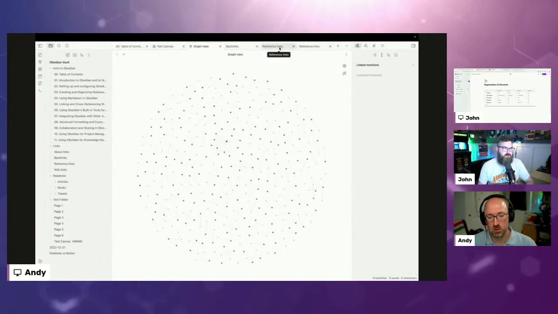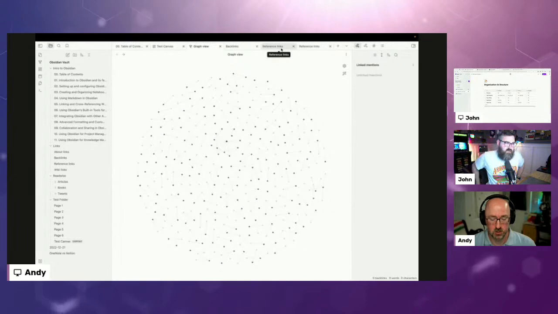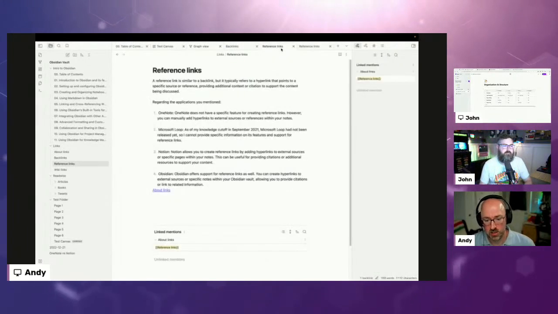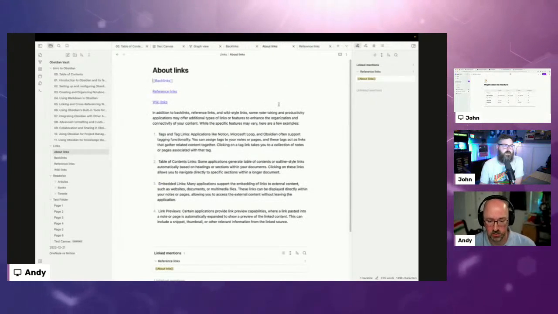But you could set goals or KPIs for yourself based off of that. Like, I have a goal to have fewer things that are not connected to anything else. Yeah. And it's all built off of the various link types that are supported that you might not get in some of the other applications. So like the backlink tool, for instance.